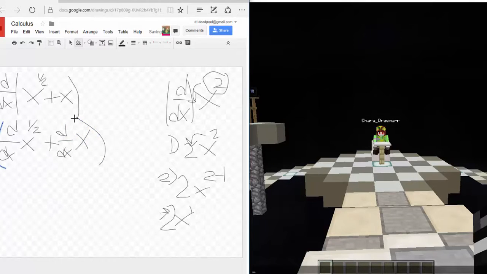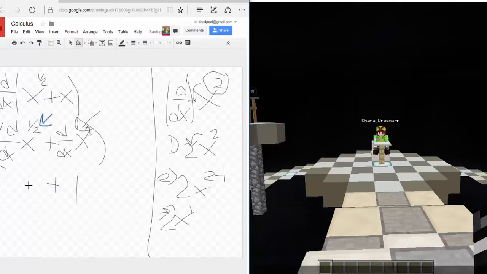So what's the derivative of the first one? Of the second one, because the second one's easier to do. What's the derivative of the second one? So if I put 1x to the power of 0, which is x to the 0, will be 1. There you go. Okay. Second one, this one is a little bit harder.